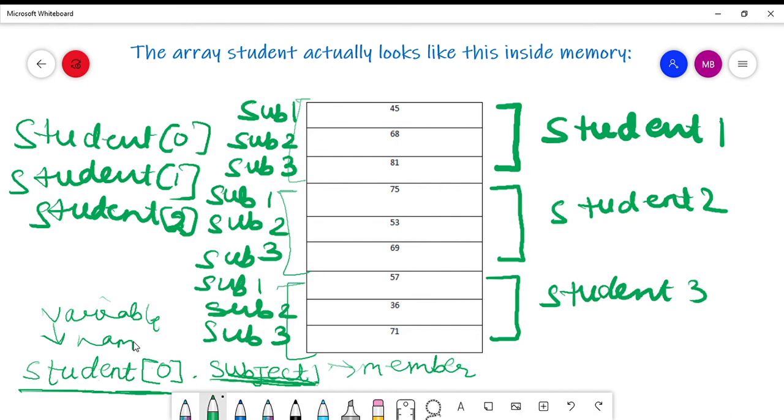So each element of the student array is a structure variable. You can see here the student is an array, and just like an array has a data type integer or float, similarly this particular array student has the data type struct marks, because it belongs to the structure marks. Then how many members does this variable have?